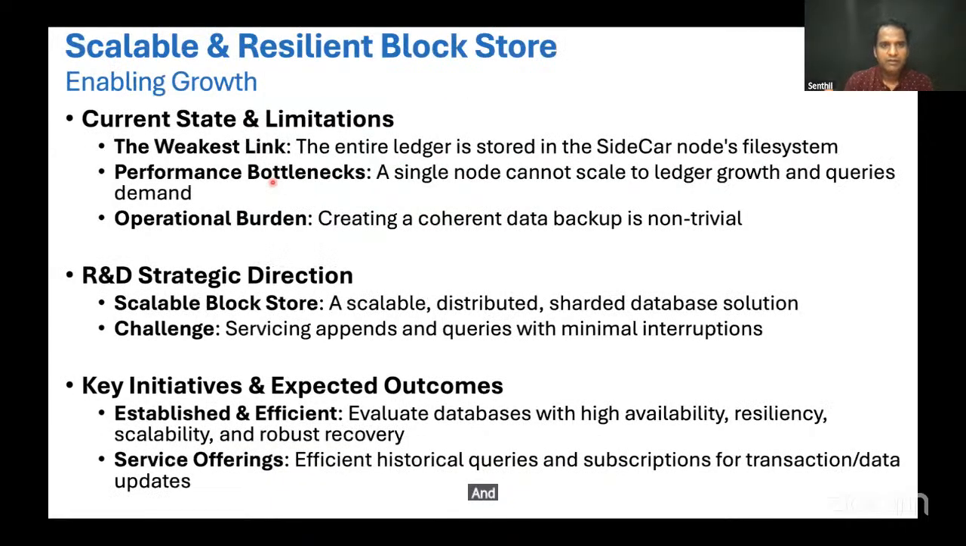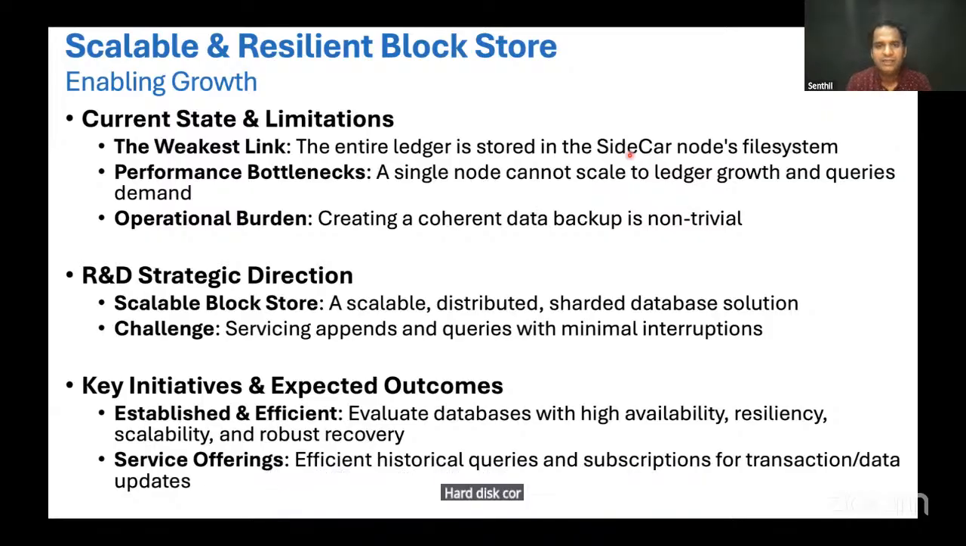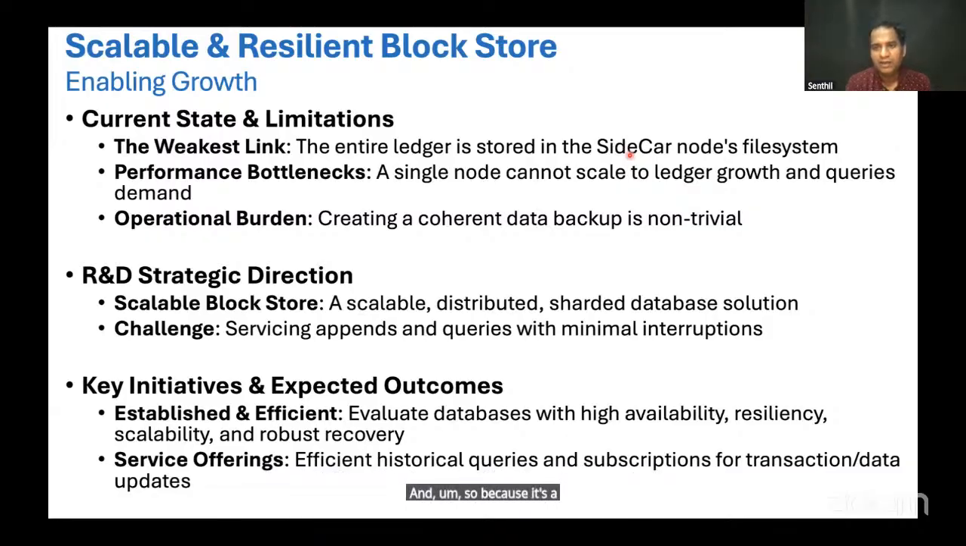And then the second future work is with respect to block store. You might have seen that the sidecar is the one that is managing the block store, right? And sidecar is like a single entity. So if there is any crash, or if hard disk corruption happens, then the ledger would be lost. And also we provide many ledger APIs, for example, get block by number, get transaction by ID, all those things. Because it's a single node, there could be a performance